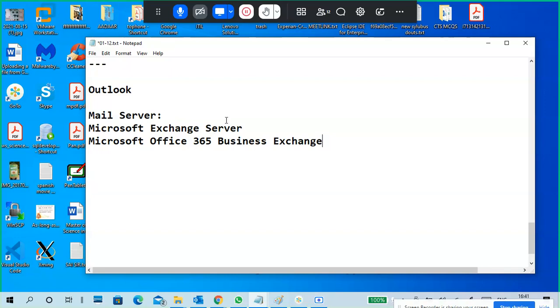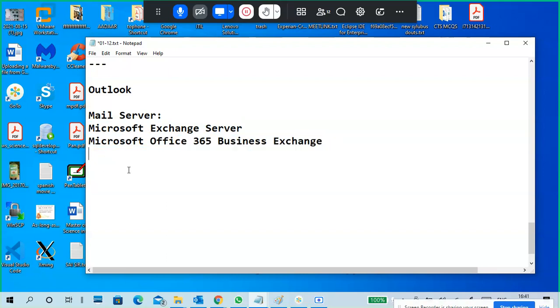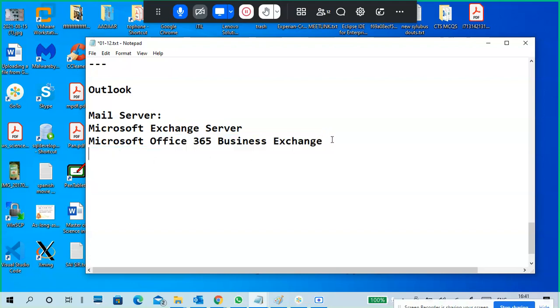For example, currently our server is using Office 365 based mail communication only, not direct Exchange server kind. Exchange server is a physical server located in some place, but Office 365 is a cloud based Office access tool, and also one service is Exchange, SharePoint, like that. So it is there. Okay, next.